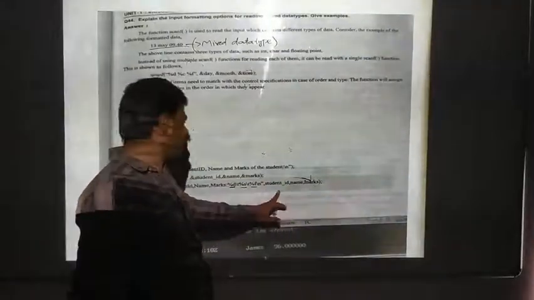Marks of the students will be in a float type. After this is the syntax type, this is the control string. These are the arguments: student ID, name, marks. This will be printed as output. Now, if we see